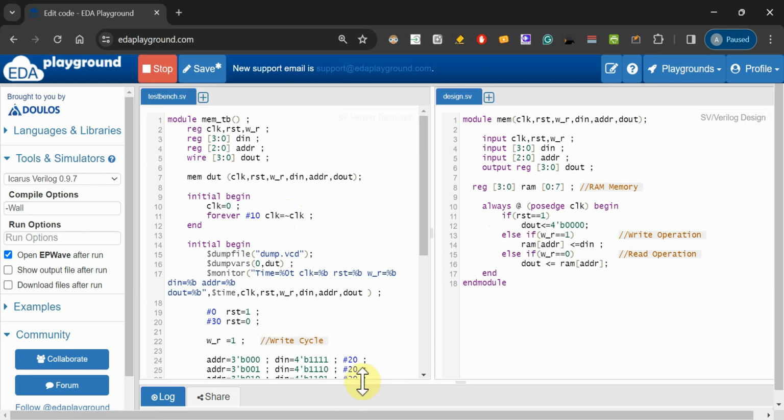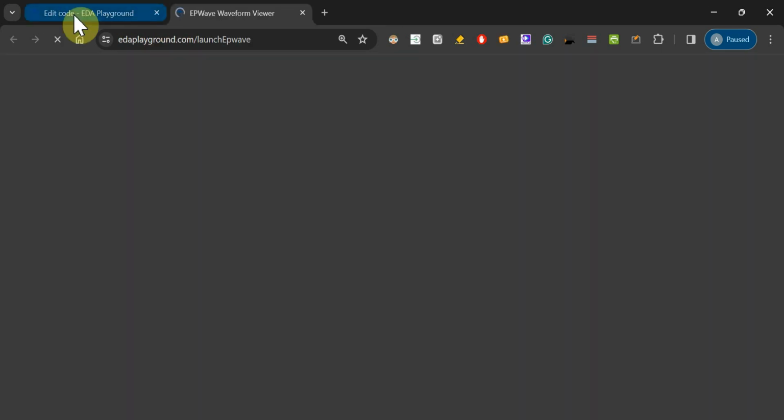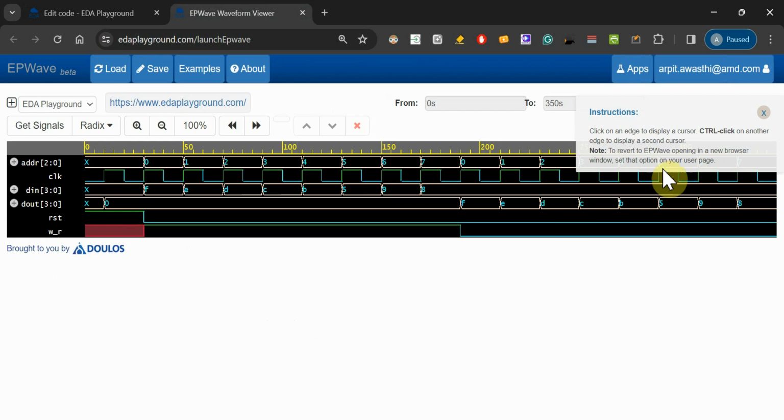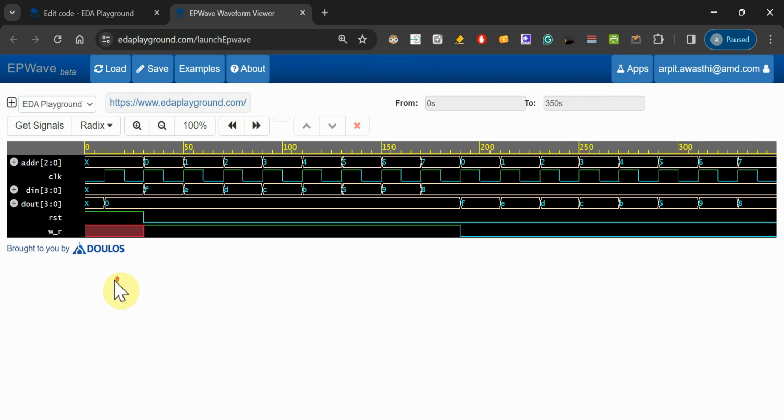Yeah, so we got one error. I just forgot a semicolon here. This semicolon was missing. Now we have rectified it and we have got this timing diagram also. If you observe here, the signals are not in the order which we want,